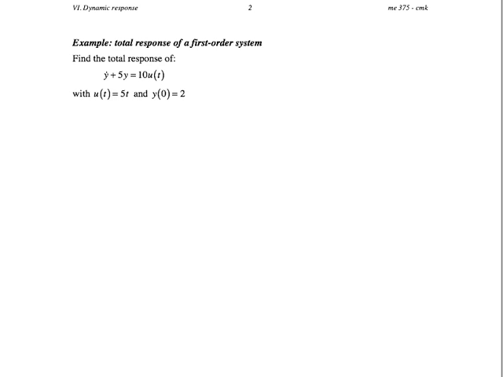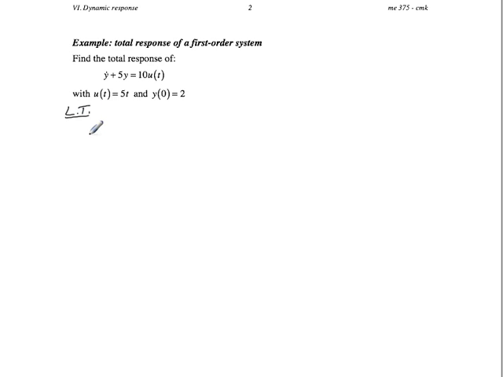In this video, we're going to go through the three examples that you find there in Chapter 6 of Dynamic Response. The first example here is a first order system, y dot plus 5y is equal to 10 u of t, where our input here is a linear function in time, and we know the initial value there for y. So what we'll do is take our Laplace transform